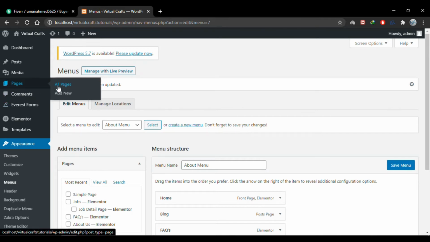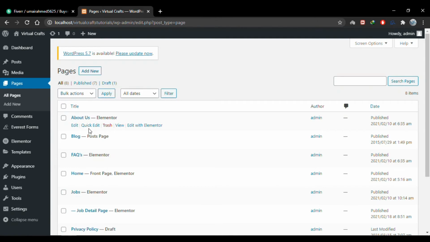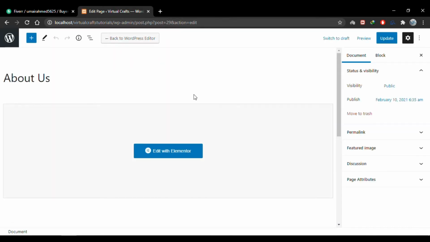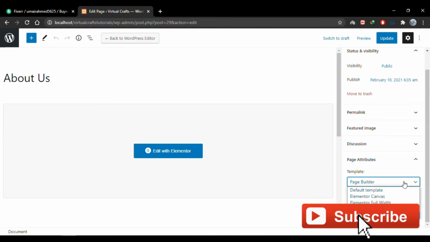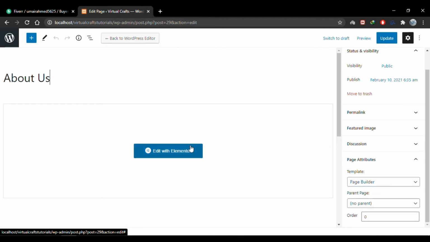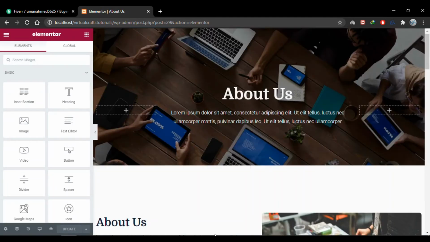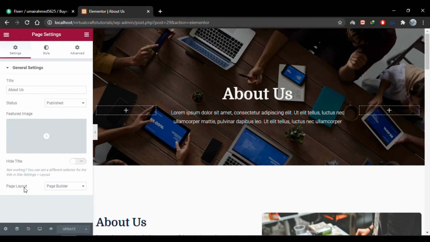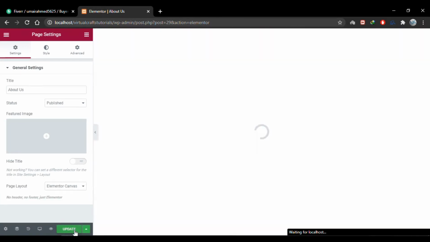Go to pages, all pages, and edit the about us page. Now as we have to hide the header that's already present on the about us page, we'll have to use the Elementor canvas template. Go to page attributes, and in the template select Elementor canvas. You can either select it here and then update the changes, or we can edit the page with Elementor and we can do the same thing inside the editor. Now go to this settings icon and change the page layout to Elementor canvas. Update the changes,